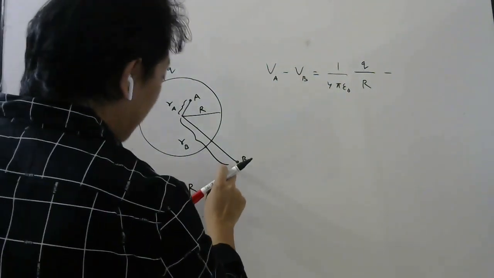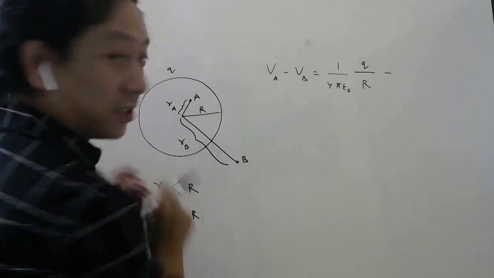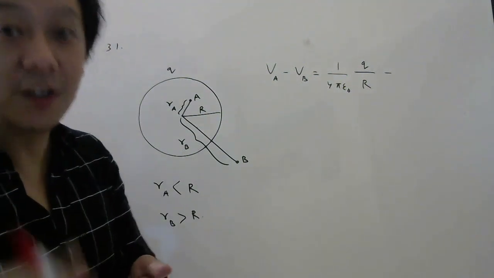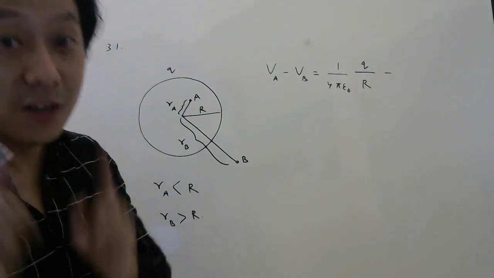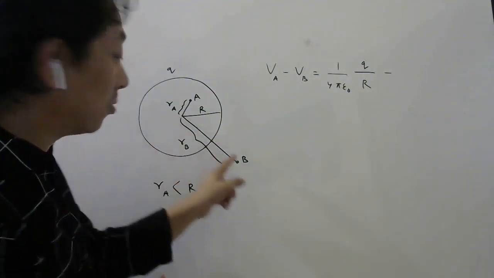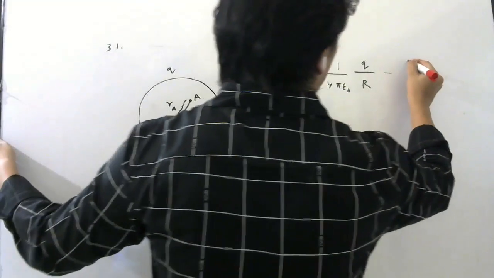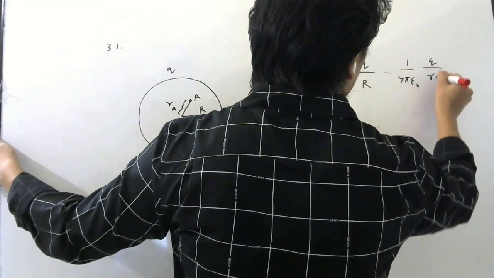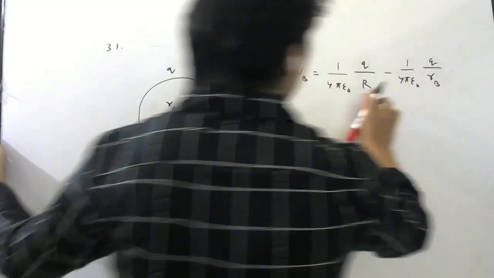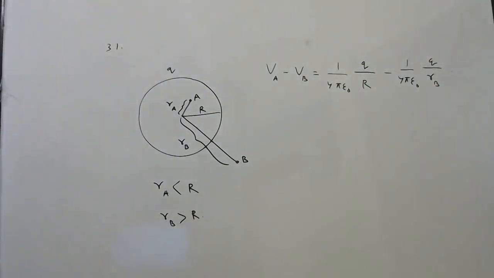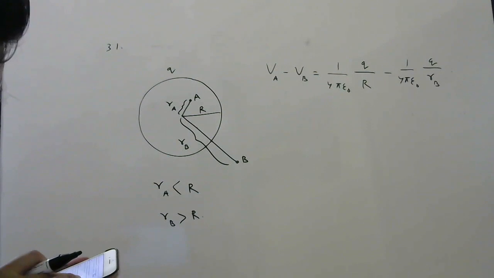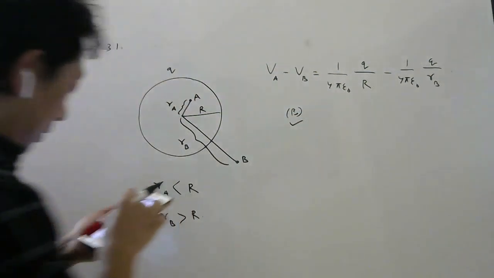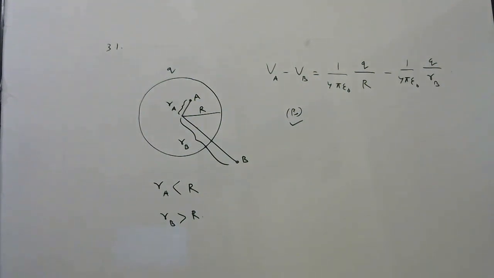Now the potential here due to this shell: it is outside. So outside you have to use the formula, which is 1 by 4 pi epsilon naught, Q divided by small r. And what is small r? The distance from the center to the observation point. So it will be 1 by 4 pi epsilon naught, Q by RB. So RB will come, but RA will not come. Okay, so option B will be the right answer. Let's see question number 32 now.